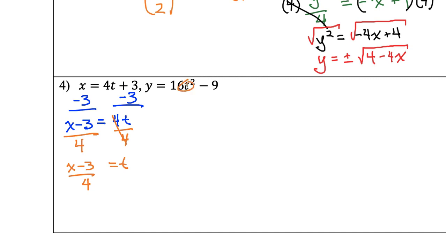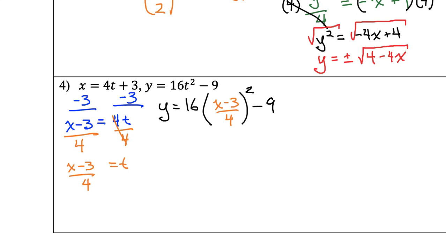My t value is equal to x minus 3 divided by 4. That means that this t value is also x minus 3 divided by 4. Let me copy that down. So this is now y is equal to 16, and in parentheses here, this t value is, as stated earlier, x minus 3 divided by 4. And that's all quantity squared minus 9. All right,